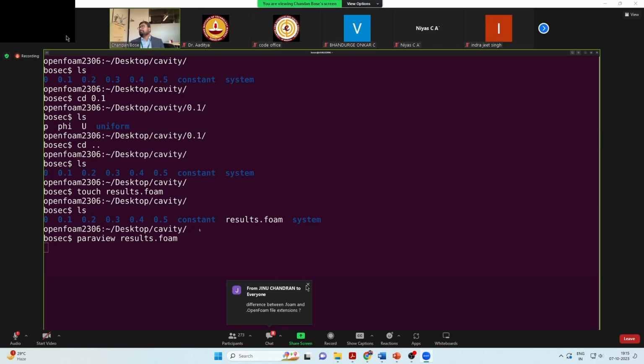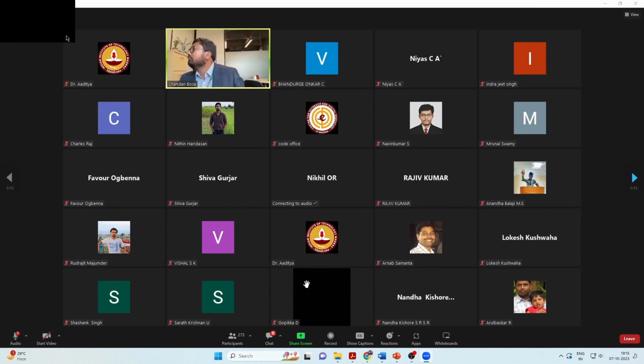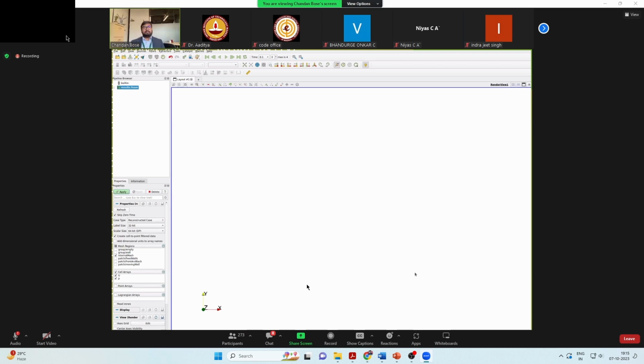window, which you cannot see. Let me try to reshare my ParaView window. Okay, so stop sharing. Share screen. Yes. Right. So now you can see my ParaView window, which was just opened by calling that